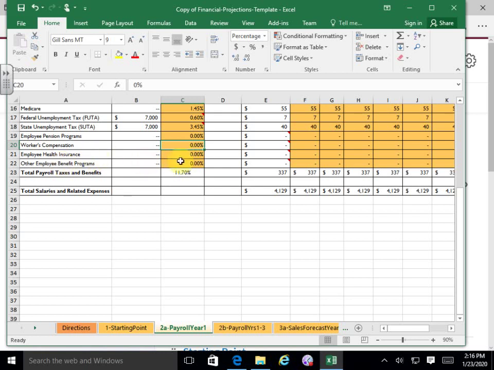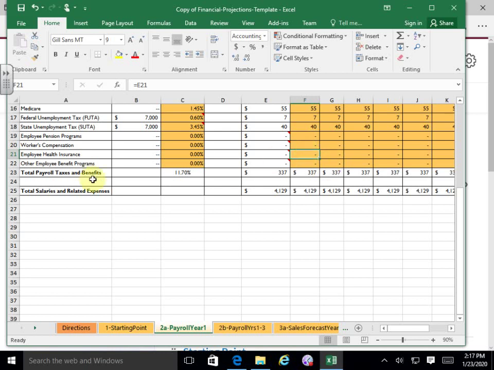Okay. Employee health insurance. If you intend to provide some health insurance benefits, you could sure do that. They have it as a percentage. I could see you putting it in as a dollar figure. You know, if I had 2 full-time employees, maybe I would just give them $200 a month towards their health insurance. You know, you could do something like that.